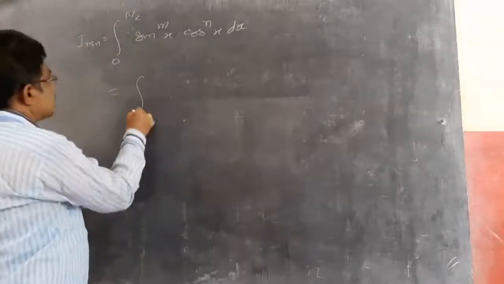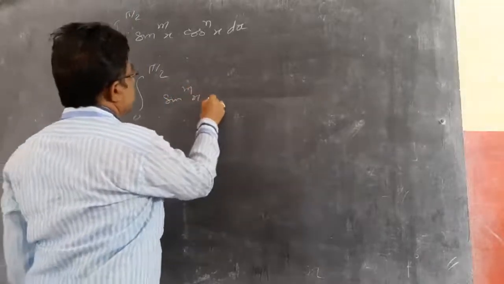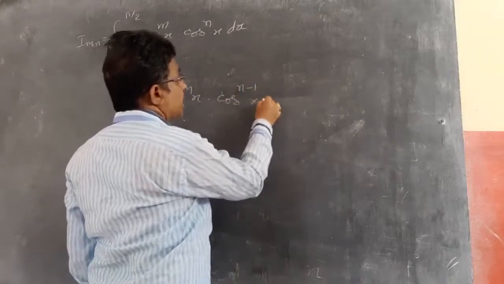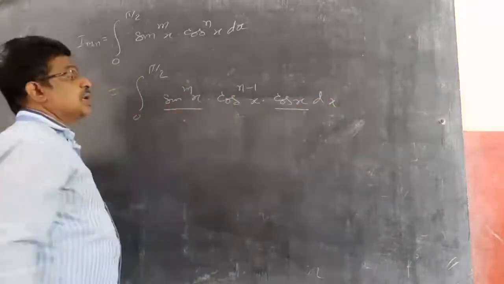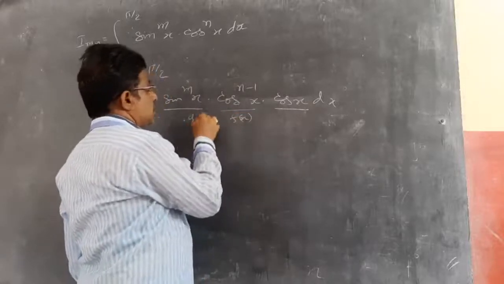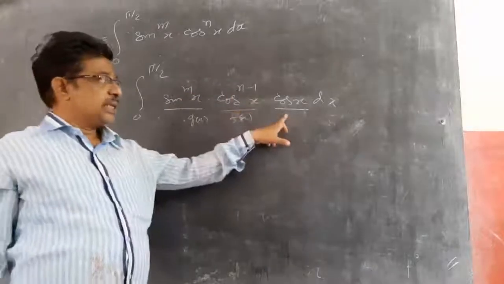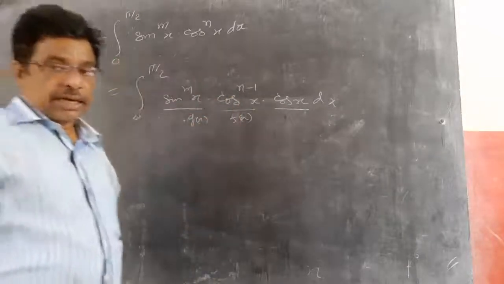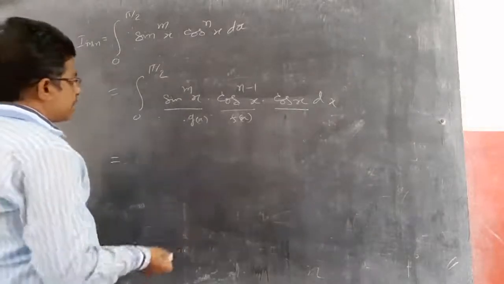So this is the integral from 0 to pi by 2 of sin^m x, as it is, I will write. But cos^n x, how did I write it in the indefinite integration? cos^(n-1) x into cos x dx. Why? Because I can take this whole as g(x) and this as f(x), the remaining part as g(x). Or write this as sin^(m-1) x into sin x, then take that as g(x) and sin^(m-1) x as f(x). Two ways of doing. Both we did in indefinite integration. So the same property I am applying here.